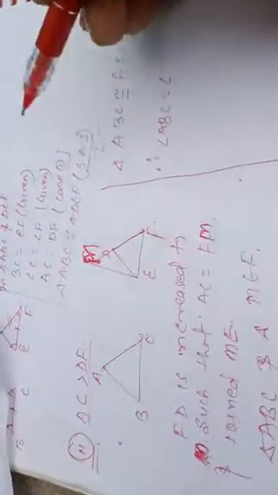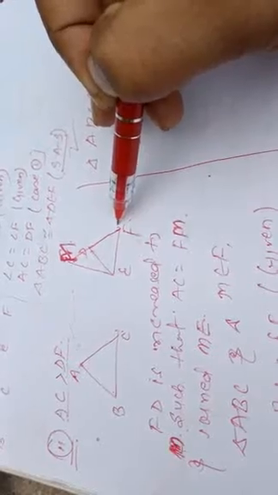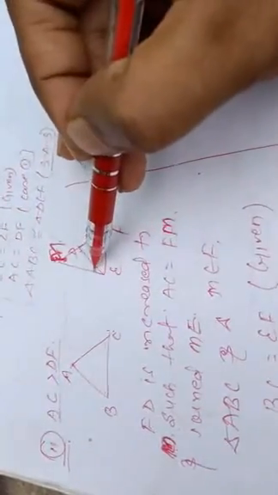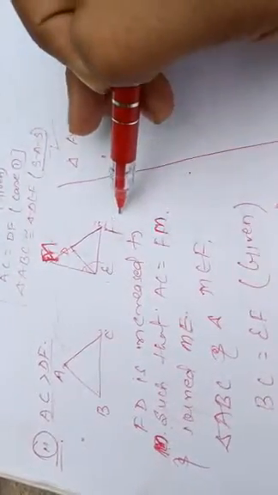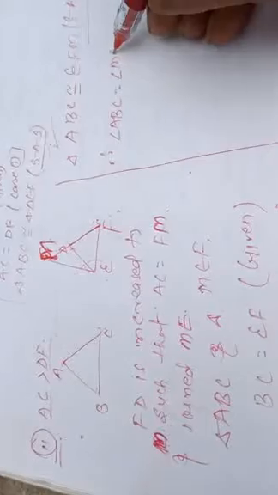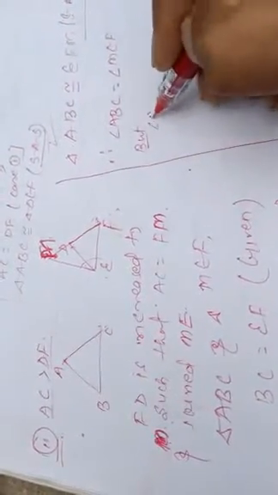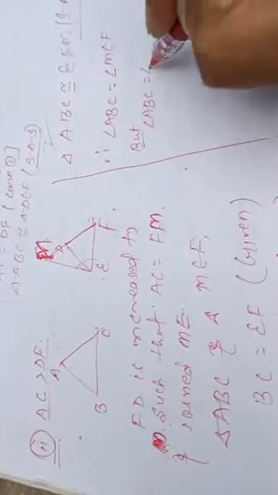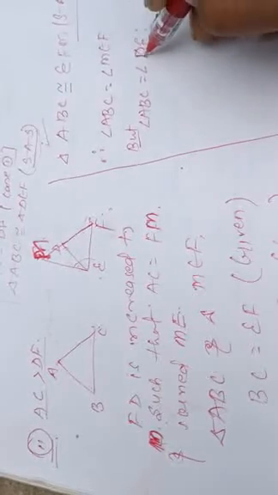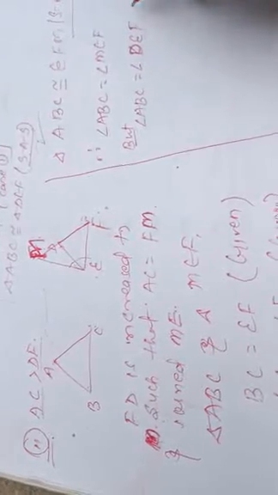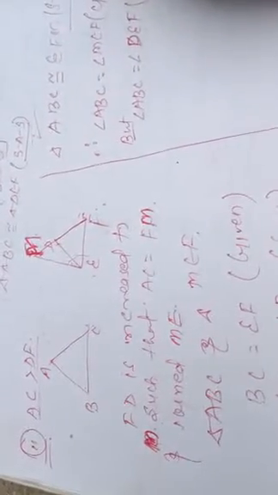FM. So see, where is the FM? Here is your M and here is your F. And the angle opposite to this FM is this complete angle, that's angle MEF, angle MEF. But it was given that angle ABC is equal to angle DEF, angle DEF. It was given and it came from CPCT.